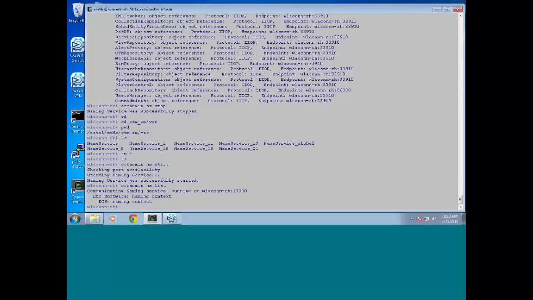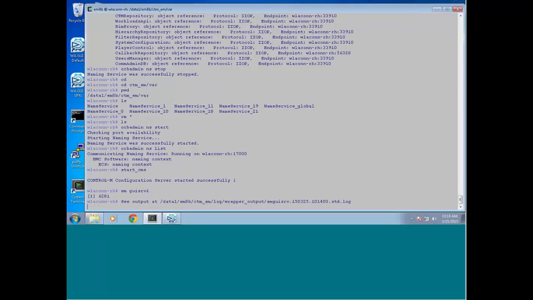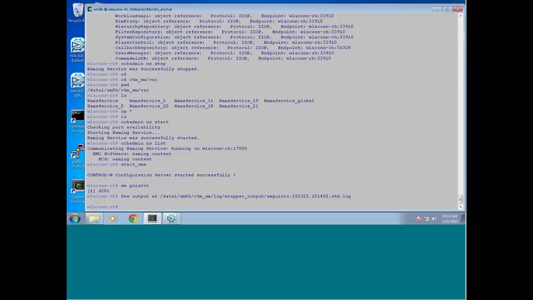So the next thing I'm going to do is start the configuration server and then start by hand the GUI server. It's just faster this way since I don't have to deal with the configuration manager or anything. Now, these have had an opportunity to start up,